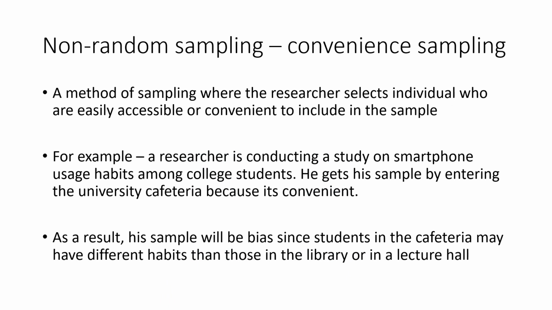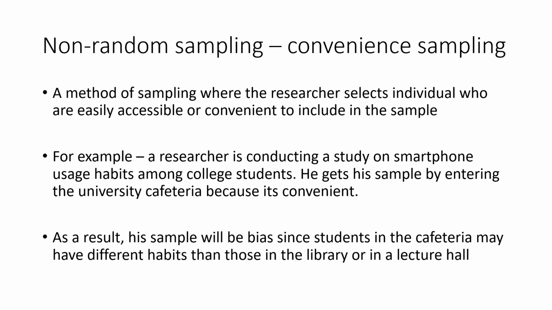Now on to non-random sampling. An example of this is convenience sampling. So convenience sampling is when a sample is taken based on its convenience, how easy it is. So for example, if a researcher is conducting a study on smartphone usage habits among college students, he could get his sample by entering a university cafeteria just because it's convenient. A bunch of students will be there, and maybe he has to go there anyway to get food or for work, and that is convenience sampling because